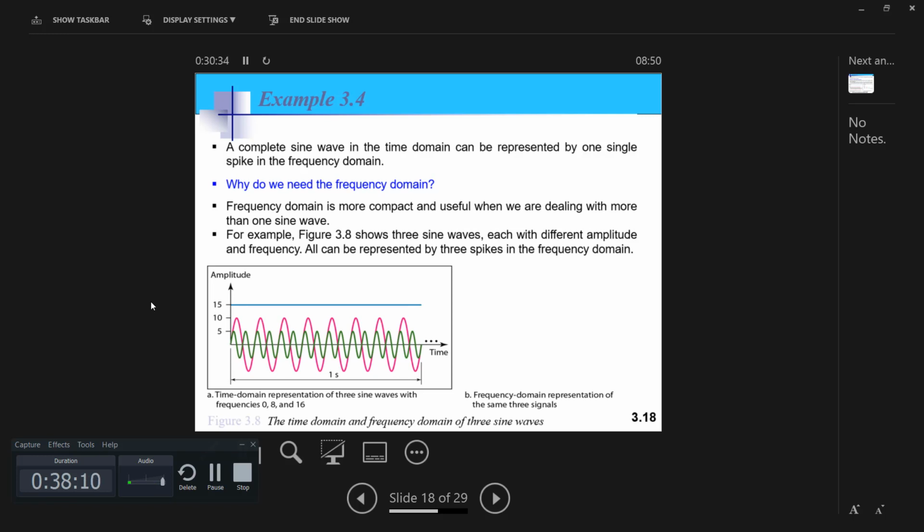Why we need an example like this. If I have three signals like this, and this is typical in communication, that I will not send only one signal. Typically in communication I may send hundreds of signals. So in time it will be very complicated. In frequency, if I need to plot this in frequency,